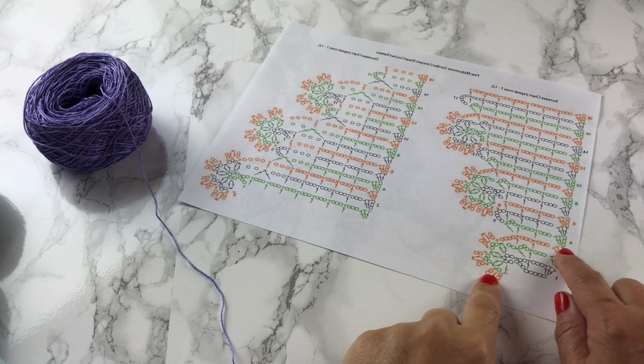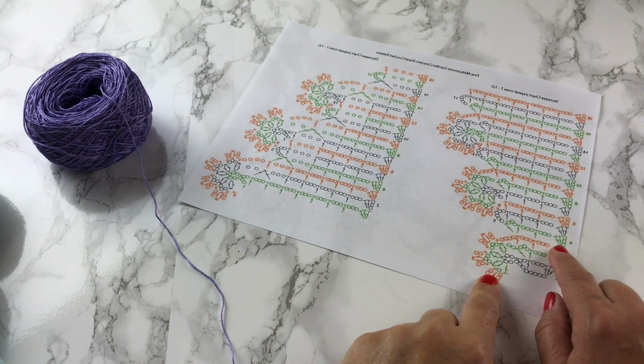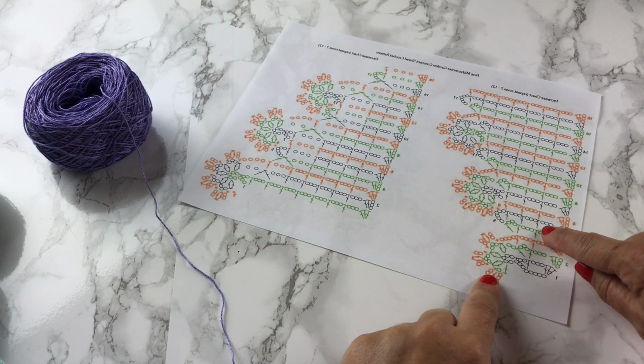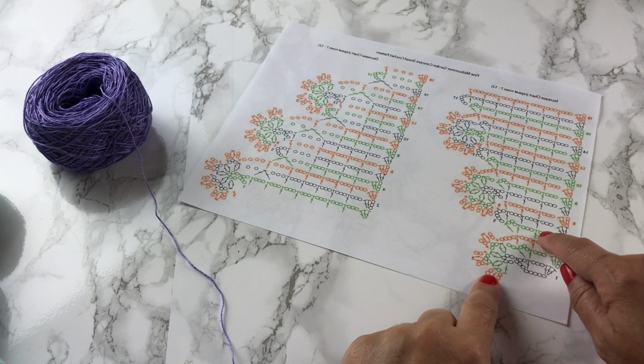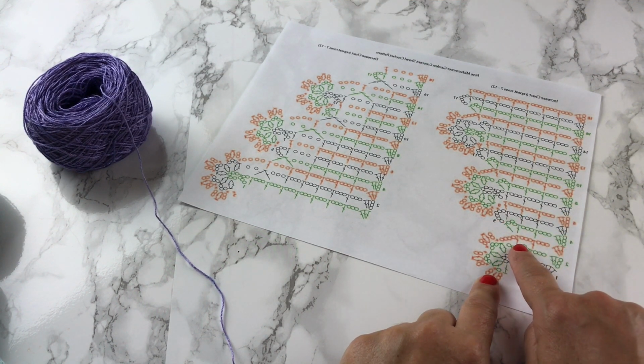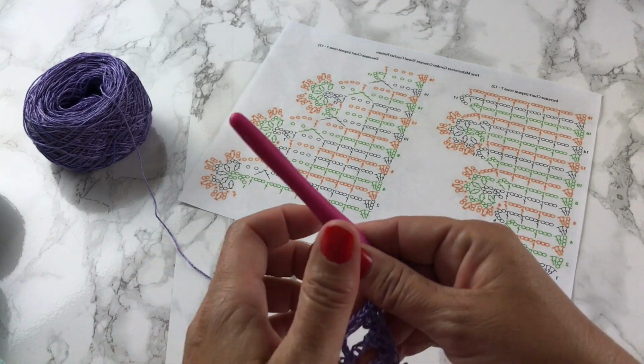Okay, row 4 begins with a chain 3, 2 double crochets in the same stitch. We're going to chain 3, skip 2 double crochets, double crochet in the next double crochet, chain 3, double crochet, chain 3, double crochet, all into the next double crochet. And that's row 4. So we'll pick up our work